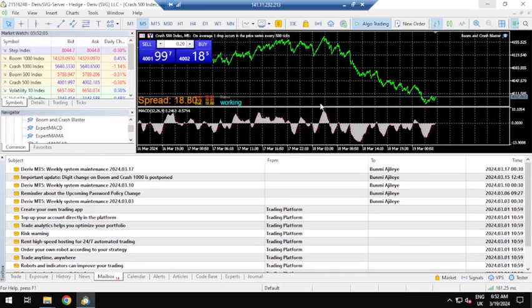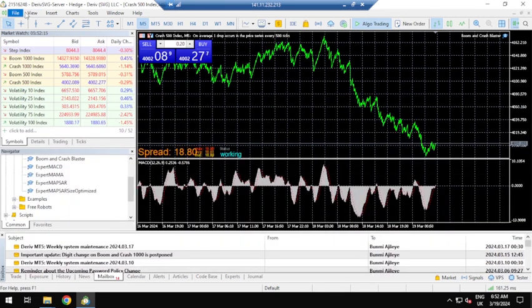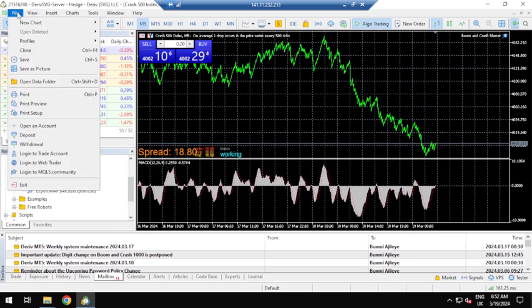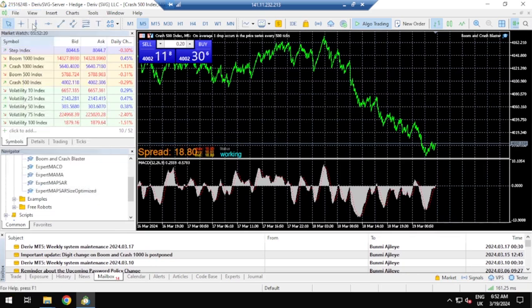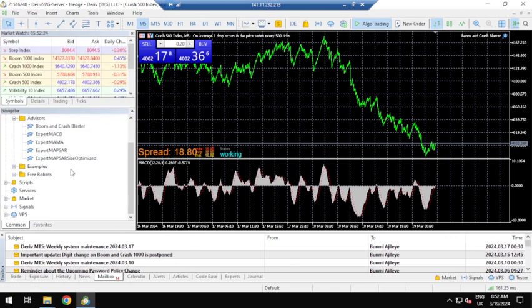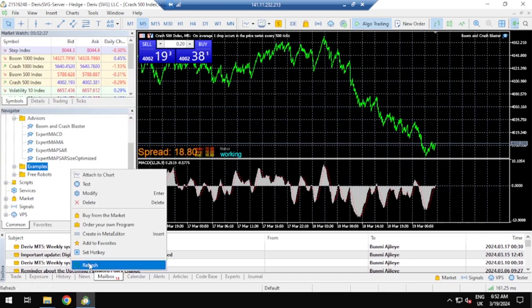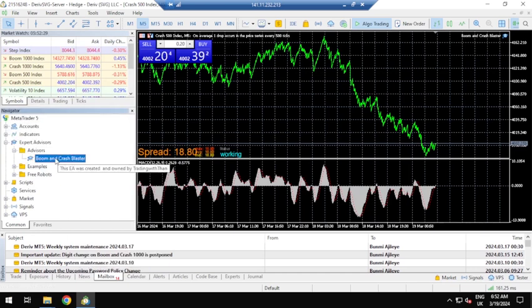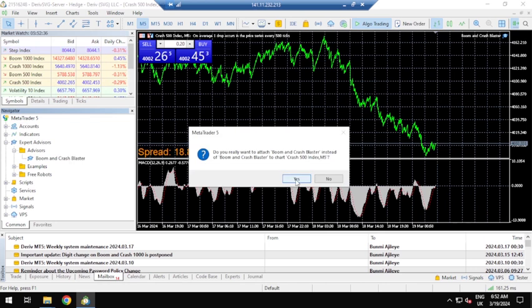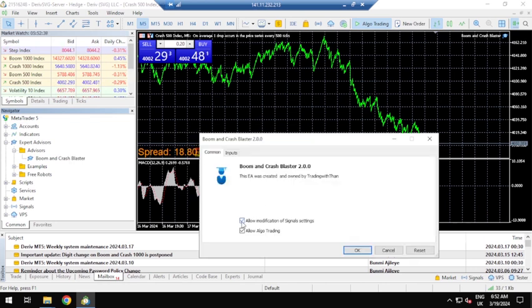Now what we do, we go back to MQL5, we go to our navigator, right? So you click File, View, then you go to Navigator. When you click that, you are going to see this navigator bar here. Right click, refresh. Now we have Boom and Crash Blaster. So this is Boom and Crash, and then if I drag and drop this, right, it's gonna ask me to allow modification of